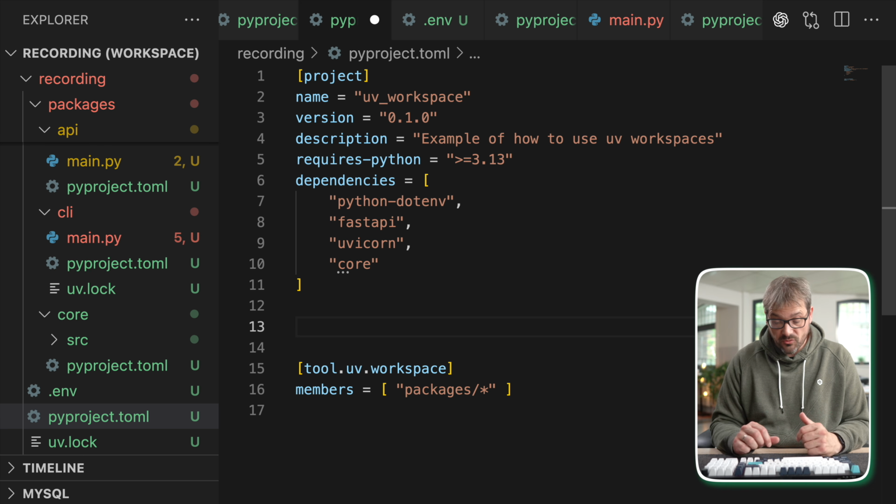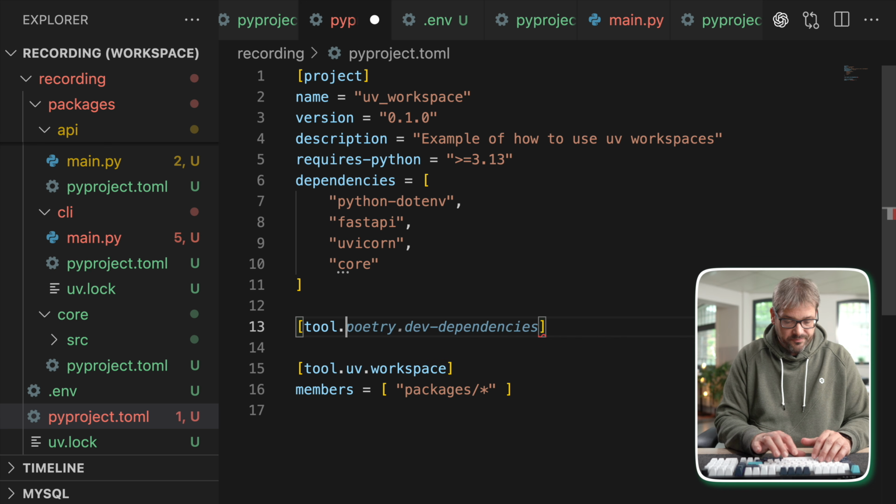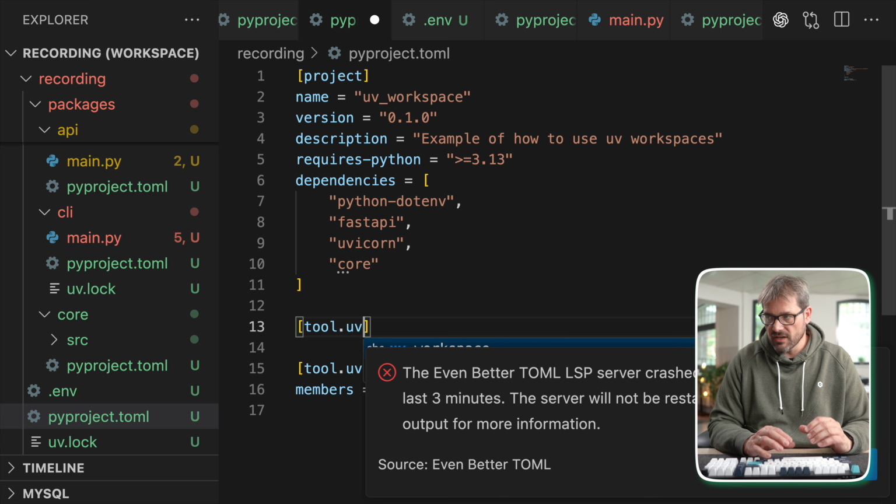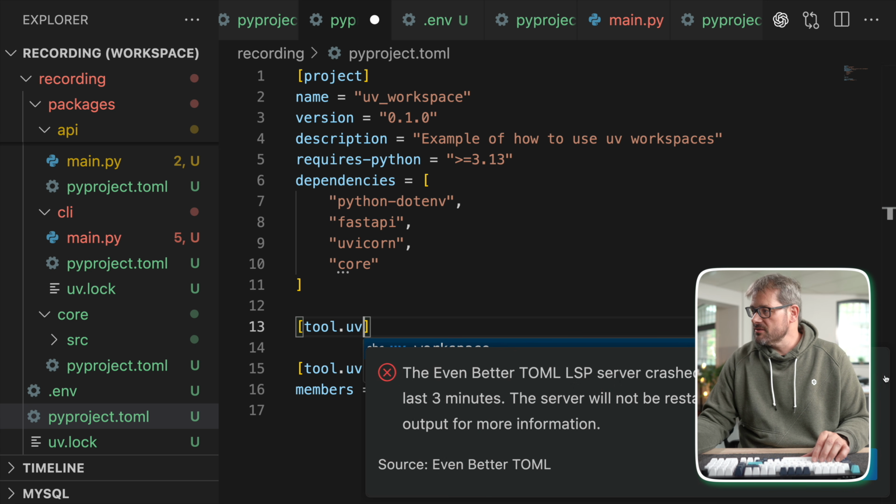But what you can actually do in a workspace is indicate that some of these dependencies are local and are inside the workspace. Oh, that's great. Apparently TOML doesn't really like my style of typing. Anyway,